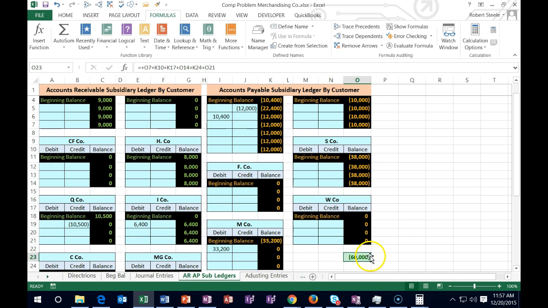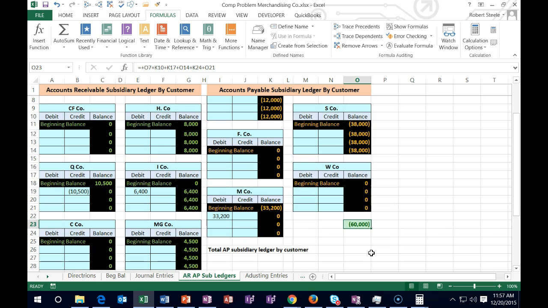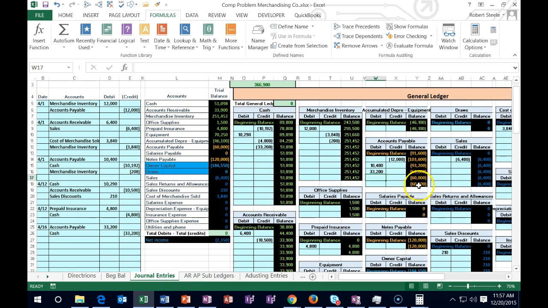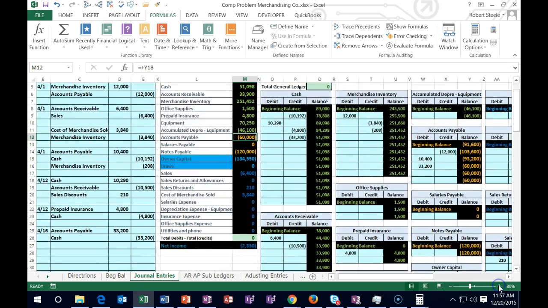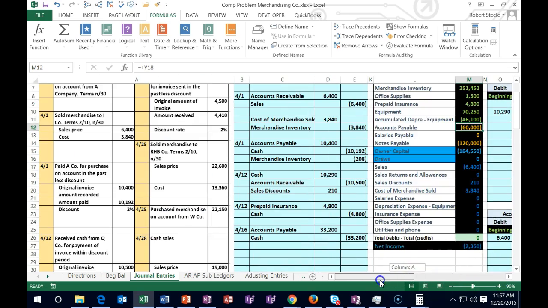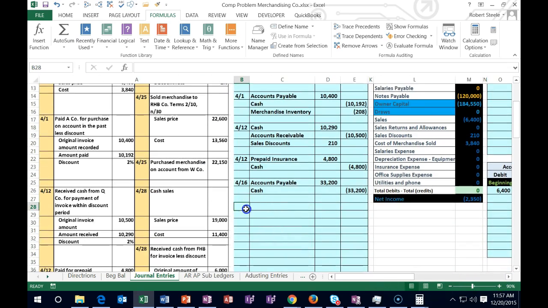People, we still owe people or companies 60,000. If we go back to the general journal tab, we also see that 60,000 here. We also see it on the trial balance. Looks good. I'm going to scroll back over here to the left-hand side, make it a little bit larger again, back up to 90, scroll back over again, and we are now on the next transaction, which should be on